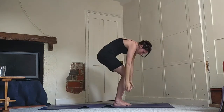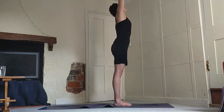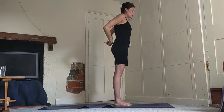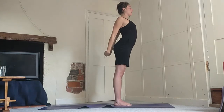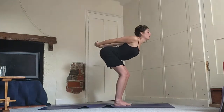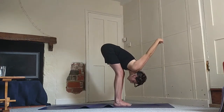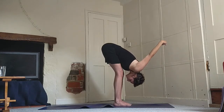Last time, inhale, arms sweep up overhead. Exhale, fingertips link behind. Inhale, open in the chest, shoulder blades back and down, slight back bend. And exhale, release it over, bending into your knees, and just taking a few breaths here,